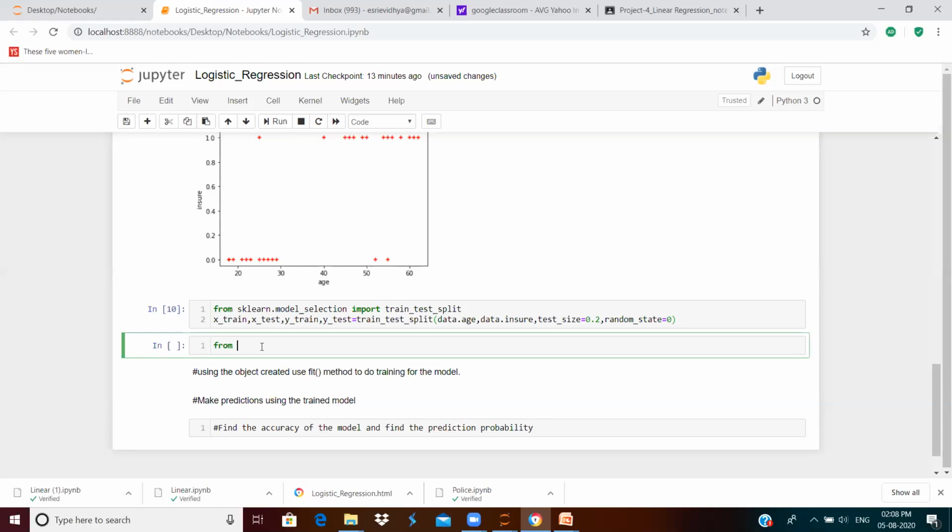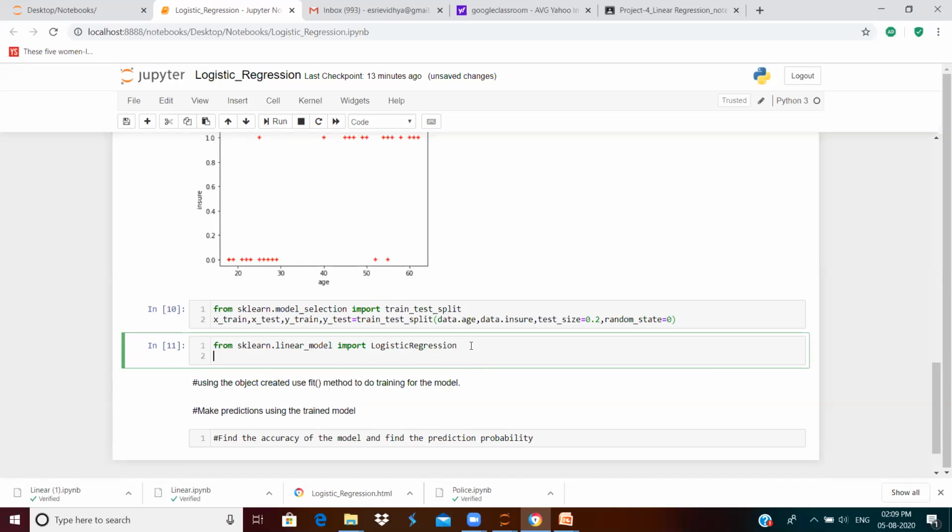From the sklearn library, from this particular linear model package, we have to import the logistic regression class. So now we have imported this class. Let us execute it.